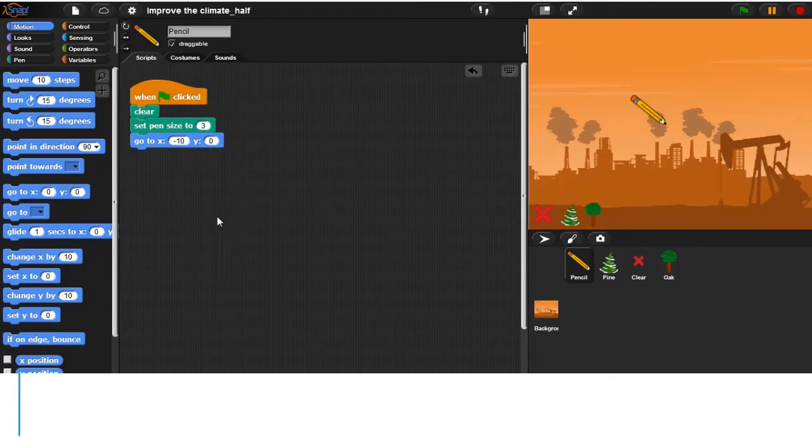You will need a variable to collect points for the clean air. Let's define this variable with the name clean air and set the initial value of 0.